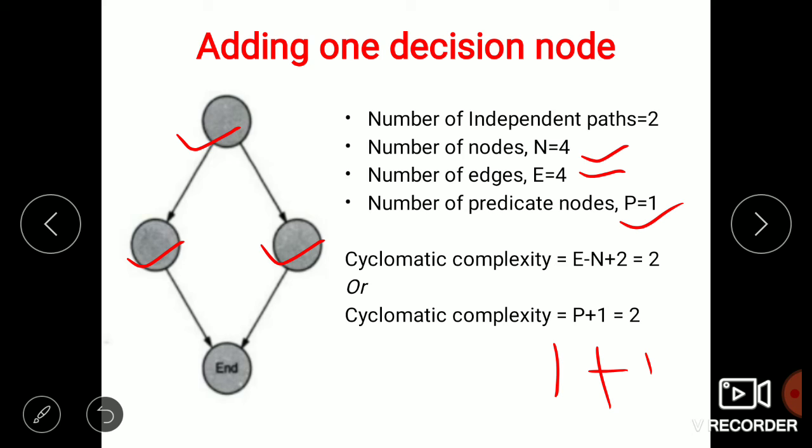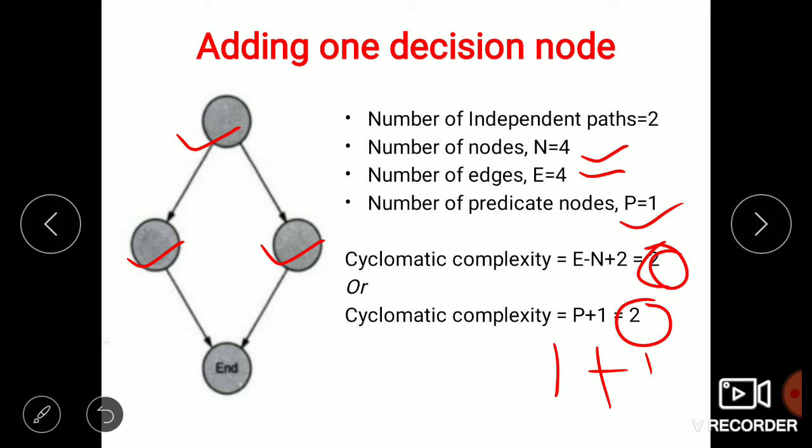Next, see here, if the cyclomatic complexity is in between 1 to 10. Here the cyclomatic complexity is 2. If it is in between 1 to 10, the code is well written, the testability is high, and the cost or effort to maintain the program is also low.